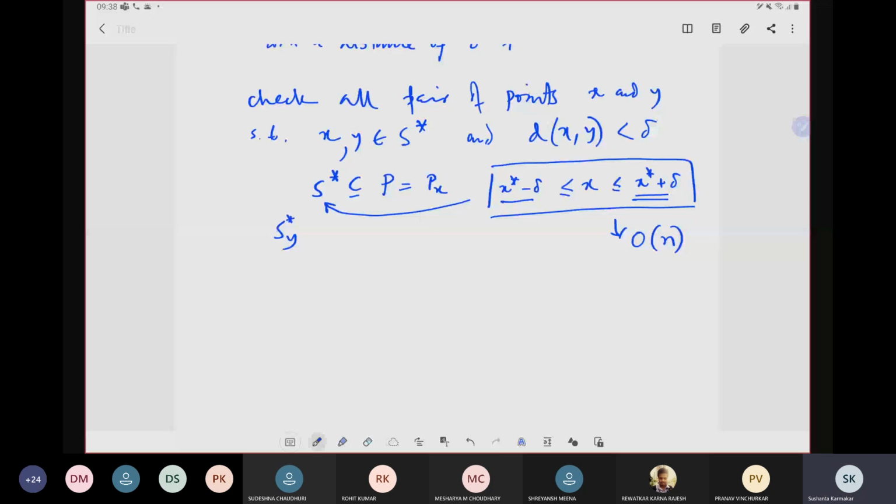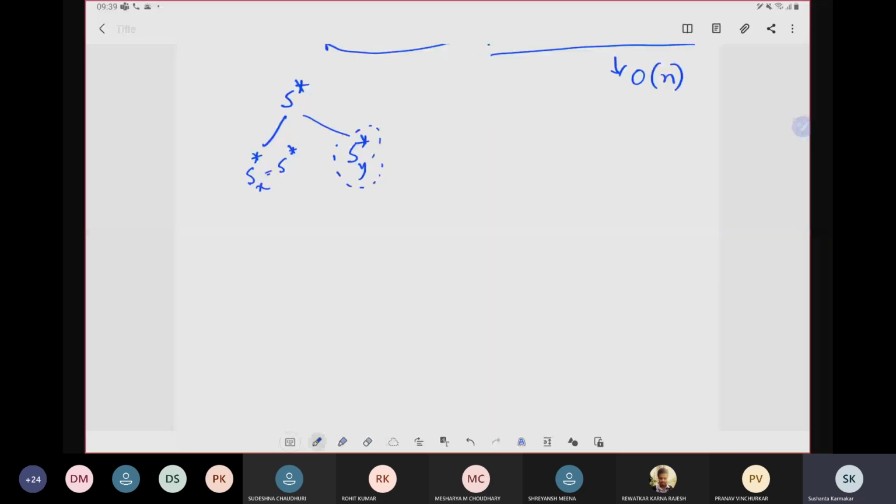So what I can do is, of course, I can achieve this Sy star by looking into Py, and I can pick up those points in O(n) time. So I do not need to sort S star. I can just go through Py and pick them one by one, and I can get the Sy star in O(n) time. Okay. So once I have that,